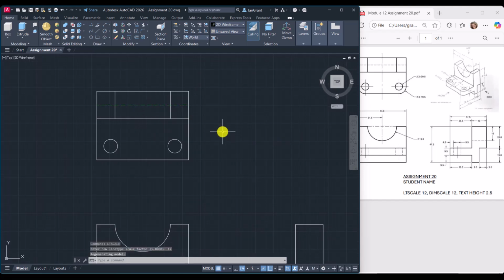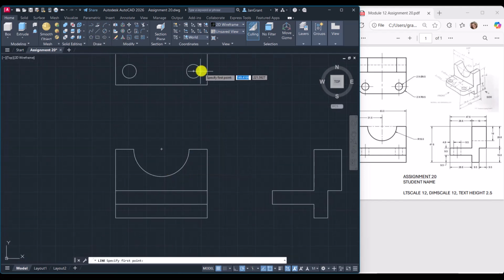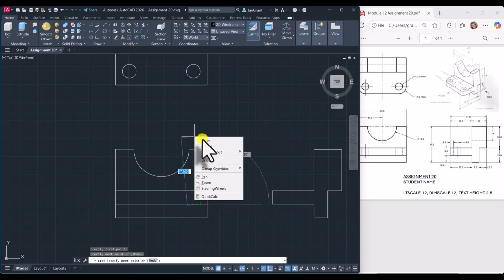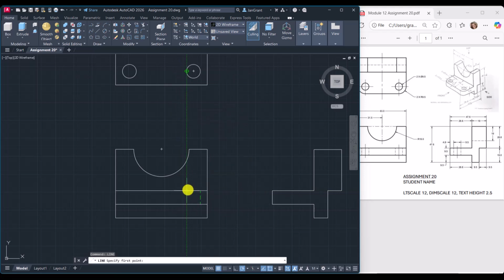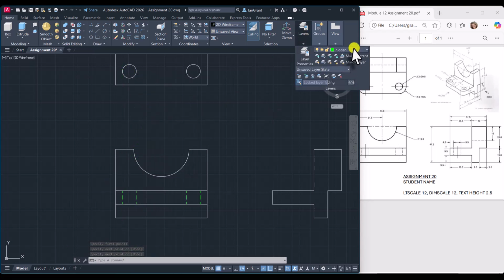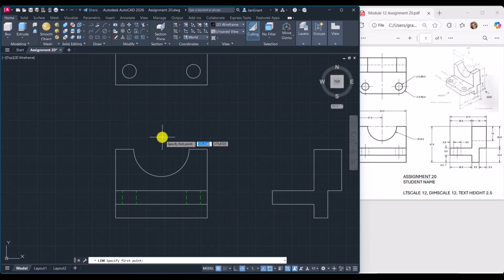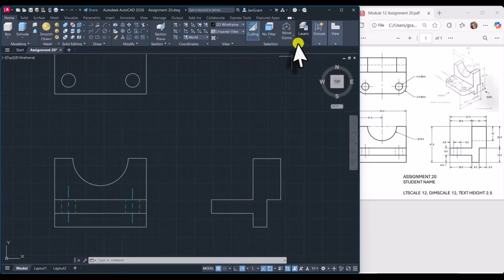And the LT scale is 12. And now I'm using the circles to create the hidden lines. I'm tracking down there. And I changed the layer to center so that I could get my center lines in there. I know I'm jumping around. You may do this a little bit differently, but there I'm tracking over to draw those two hidden lines that represent the circles. You could use the miter method if you want, but you see how I used the center line